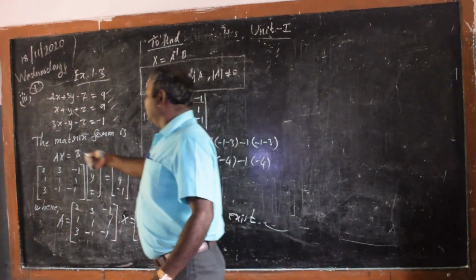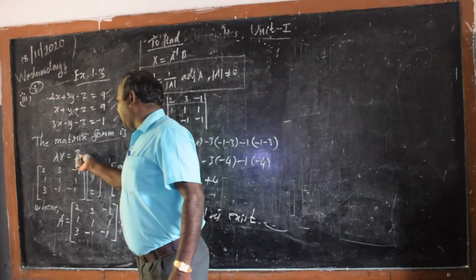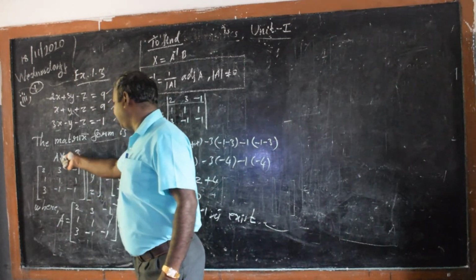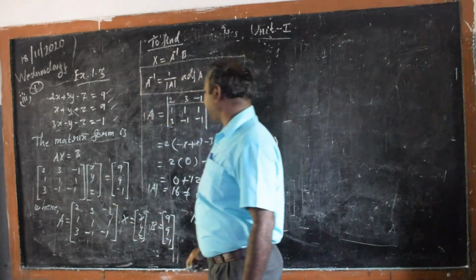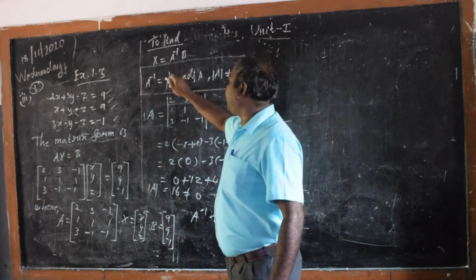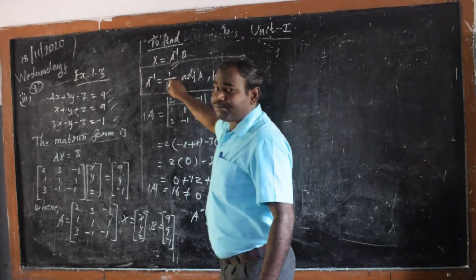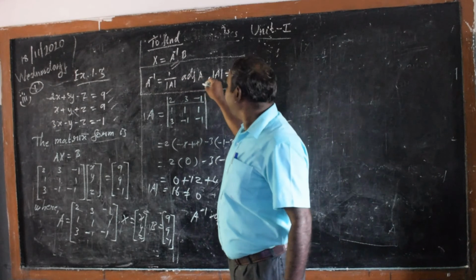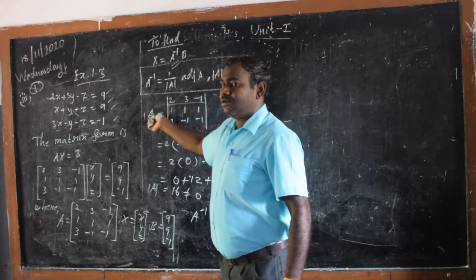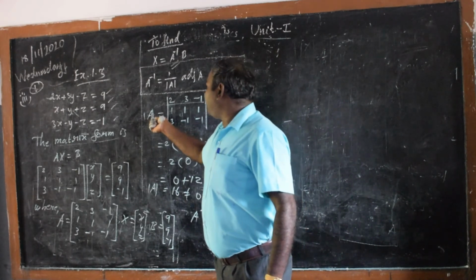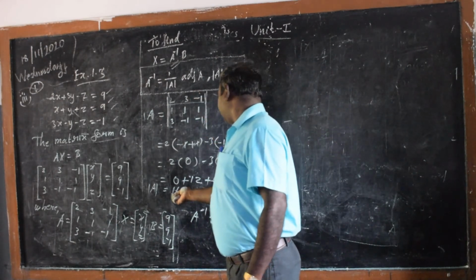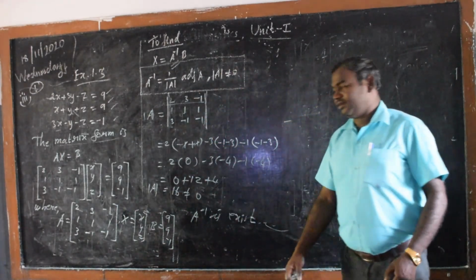So write the matrix form. Capital A into X is equal to capital B. Capital A equal to this matrix, capital B equal to this matrix, and capital X equal to this matrix. So X is equal to A inverse into B. A inverse equal to 1 by determinant of A into adjoint of A, determinant of A non-zero. So determinant of A equal to this value, non-zero. So A inverse is equal to